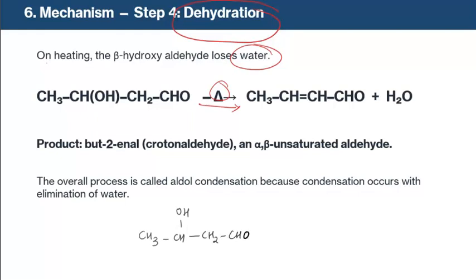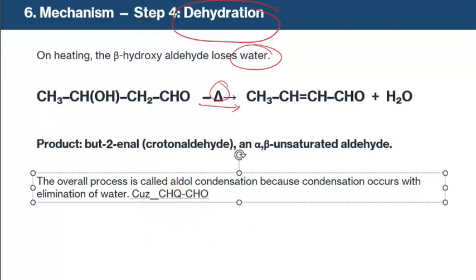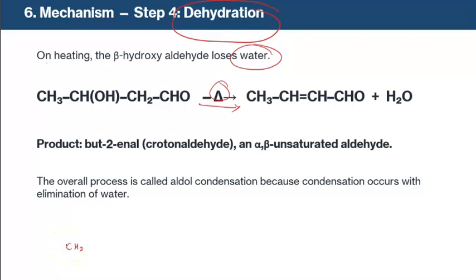CHO, from here, CH3 CHOH CH2 CHO. Which ions are responsible for the formation of water? H plus and OH. From here, OH is eliminated. From here, out of these two hydrogen atoms, one hydrogen atom is eliminated. Then, as a result, many types of reactions can take place. Either it is a free radical mechanism